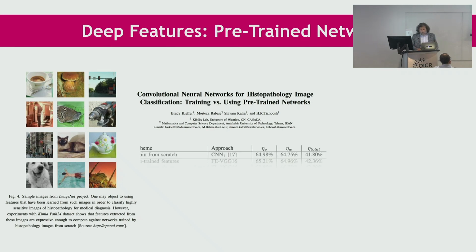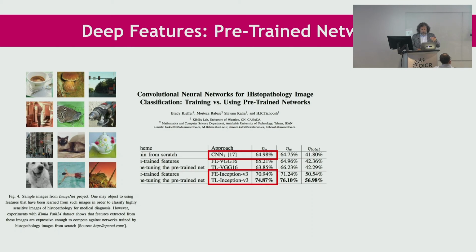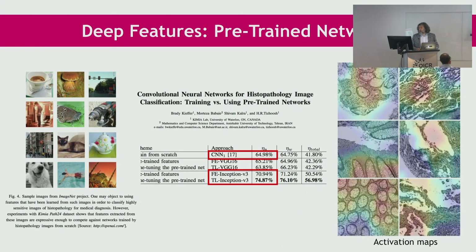And this is a little bit freaky: you can train a network and then apply it on histopathology images. The colors that you see on the right are the activation maps for those histopathology images, showing which part of the image made the network think that this pathology tile, this pathology patch, belongs to this class or that class. So this is great from the research perspective, but I'm just waiting to see what happens if